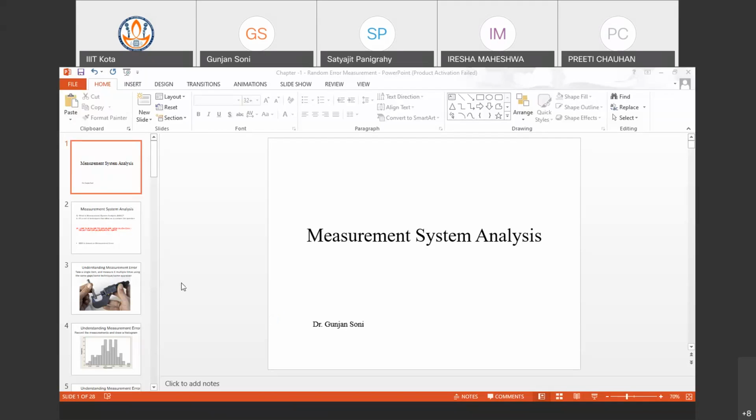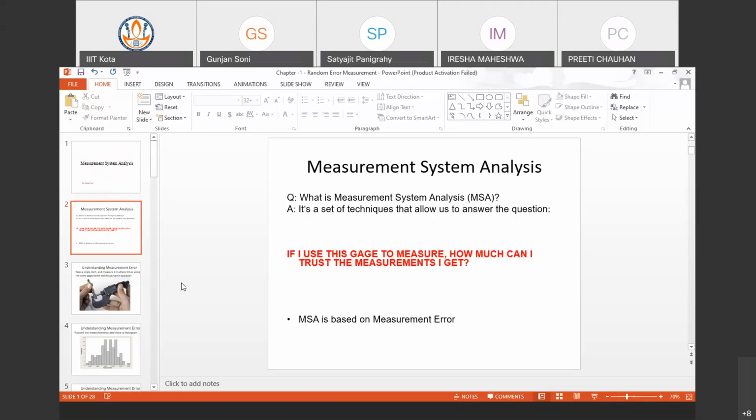So, what is measurement system analysis? We can see that it's a set of techniques. So, we can see over here that it's not a single methodology. There are multiple methodologies under the umbrella of measurement system analysis. We'll focus on one particular type of methodology. It is a set of techniques which allow us to answer the basic question: